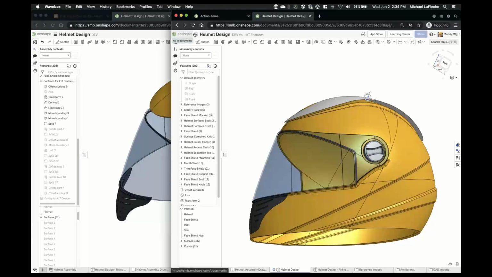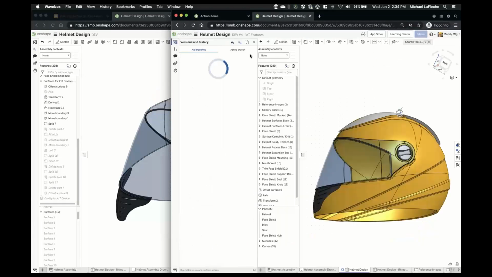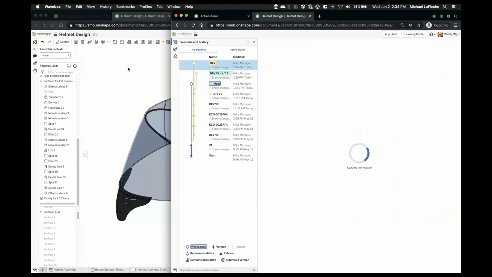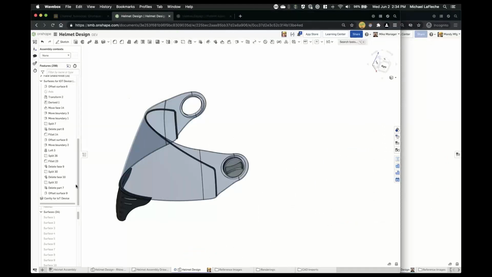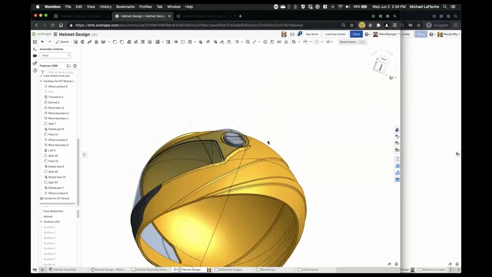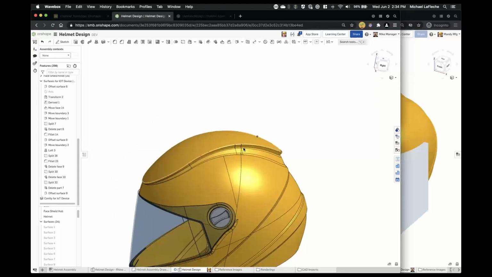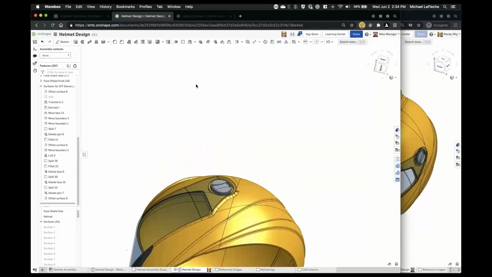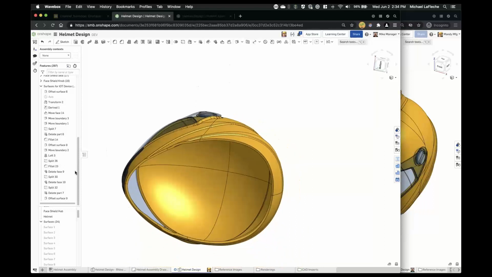And of course, let's just all go to the dev branch so we can all be up to date on the same concept design here. We've done our work here to create the extra geometry on here. Let me just show you one other thing. I'll actually perform this step